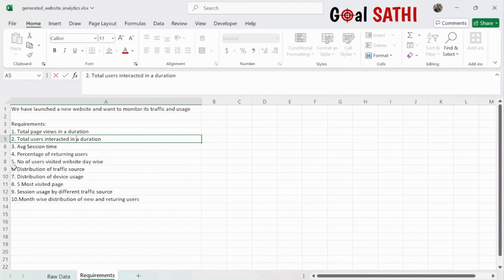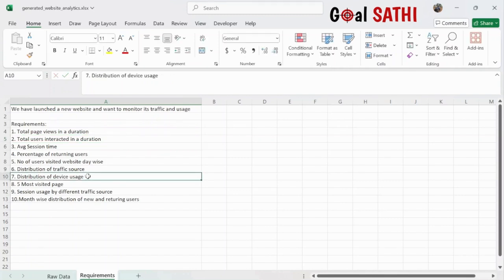Next, we want number of users visited website day wise, distribution of traffic source, distribution of device usage, I think this should be month wise usage, or it is the overall distribution of device usage. Then we will also want, sorry, we want three most visited pages,